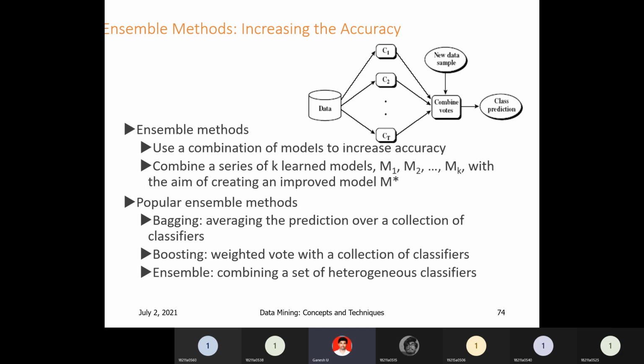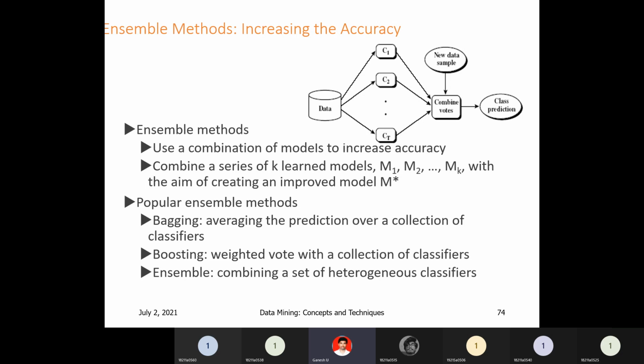classifier one, it divides the data into some classes. So how does it divide? 100 items can be divided into some 10 classes or 11 classes, like that. C1 gives a result, C2 gives some other result, C3 gives some other result. So the minute variance is there between different classifiers. Here we will combine all the classifiers' results, and this can be applied on a new data sample. This is nothing but a test set.